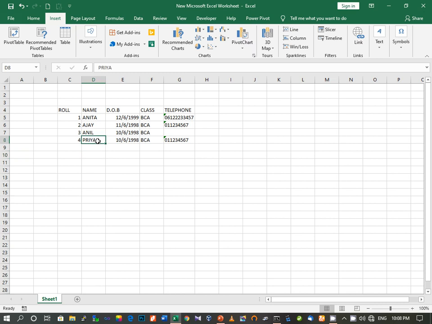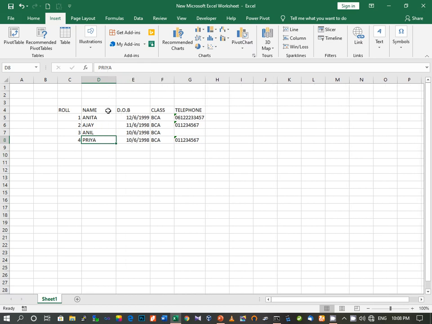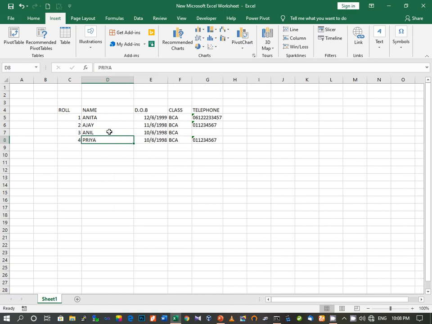Now when you type in Excel, suppose after you have typed something, you think that something more needs to be added over here. For instance, suppose we take the name here. Suppose the student's name has a surname also. To add some text over here, we select the cell and then press the F2 button. When I press the F2 button, you can see that the pointer is at the end of the text. Now here you can insert something else. Similarly here, if I want to add something more, then press F2. You can see that the pointer is blinking at the end of the text, and you can enter the text here.